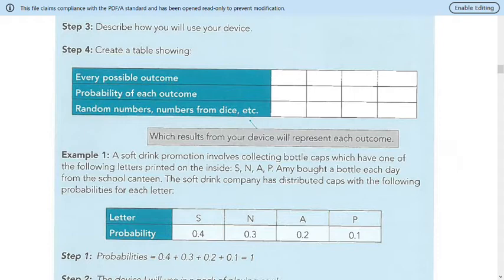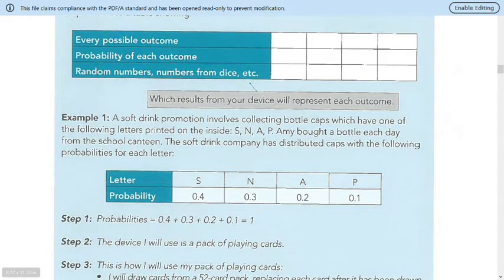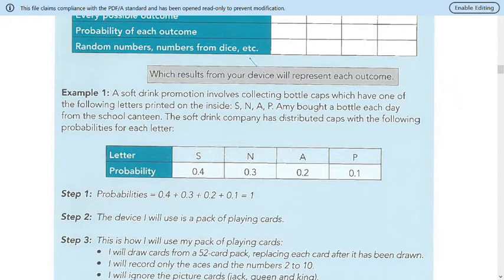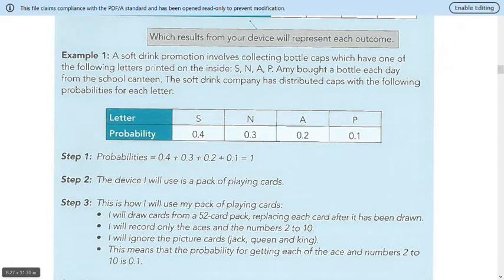All right. So notice the next thing they did was they added up all the probabilities to make sure they equal what number? 1. Yes. Then, in this case, the device they're going to use is a pack of playing cards. You have to label the device you're going to use. And then you have to say how you're going to use it. So they've described that. They're going to draw cards from a 52 card deck, replacing each card after it has